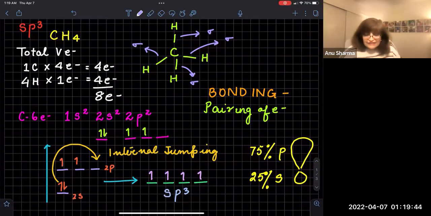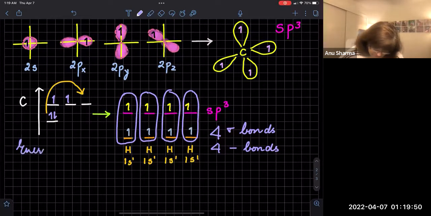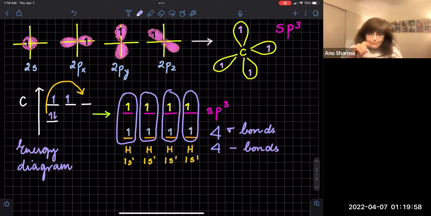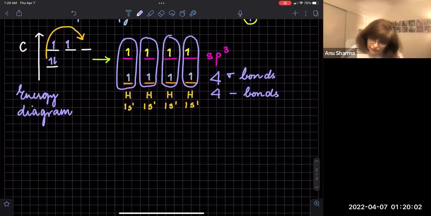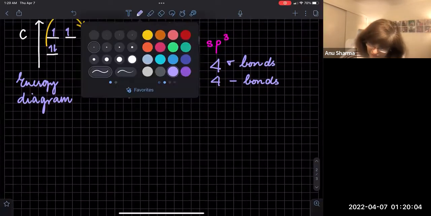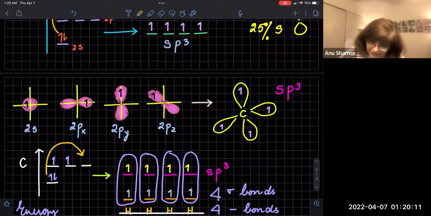Okay, so that's the 4 sigma bonds shown in the energy diagrams. Now you don't have to draw it all the time, but I just wanted you to see how the electrons overlap internally. Now let's draw the structure. How does it look? So first thing is that you're going to put carbon here in the middle. Okay, and now just keep this in mind that